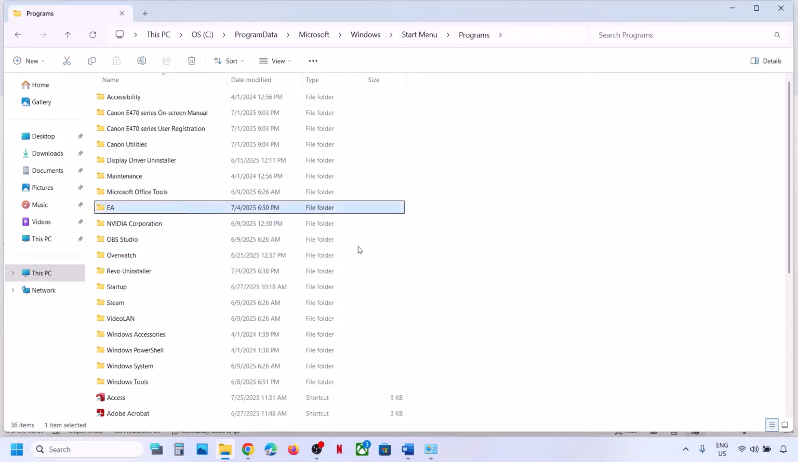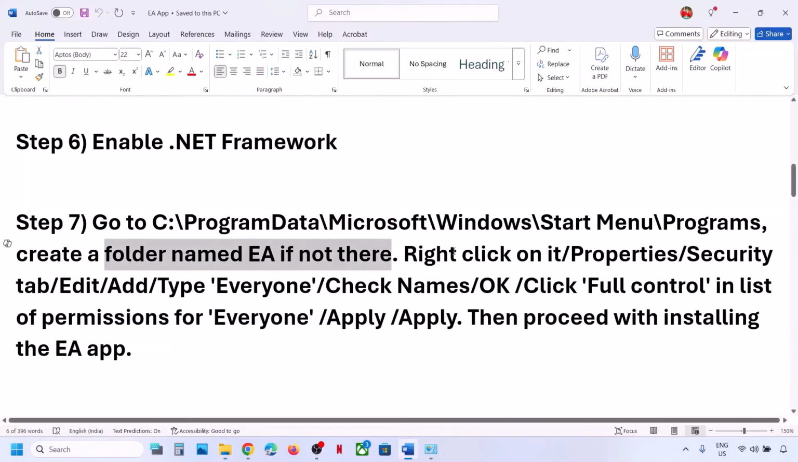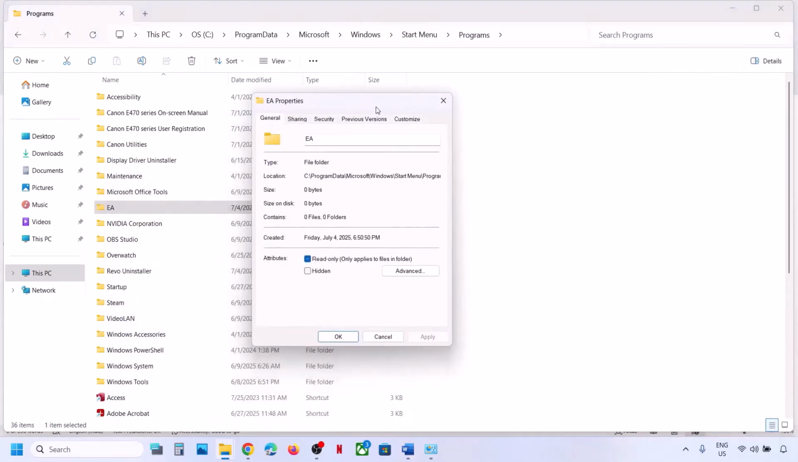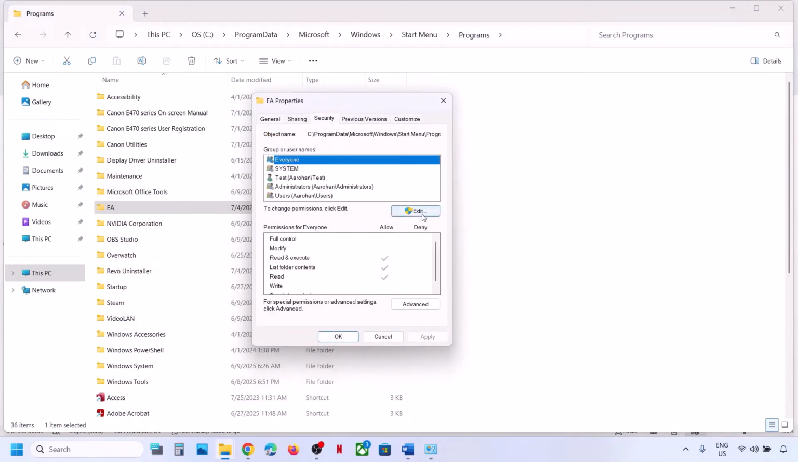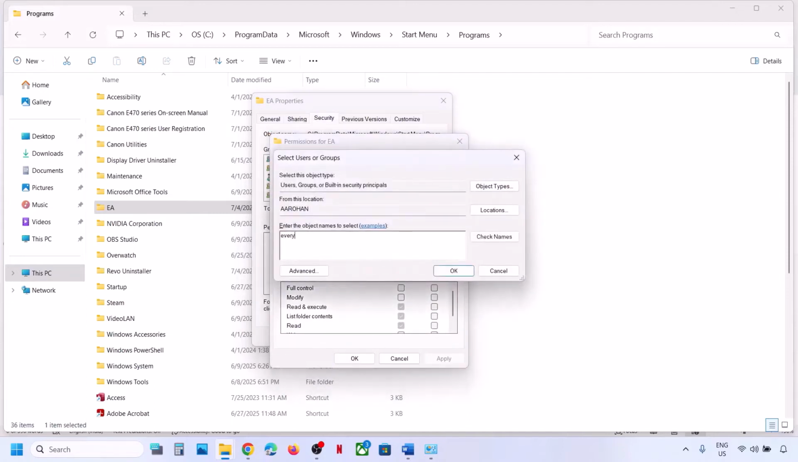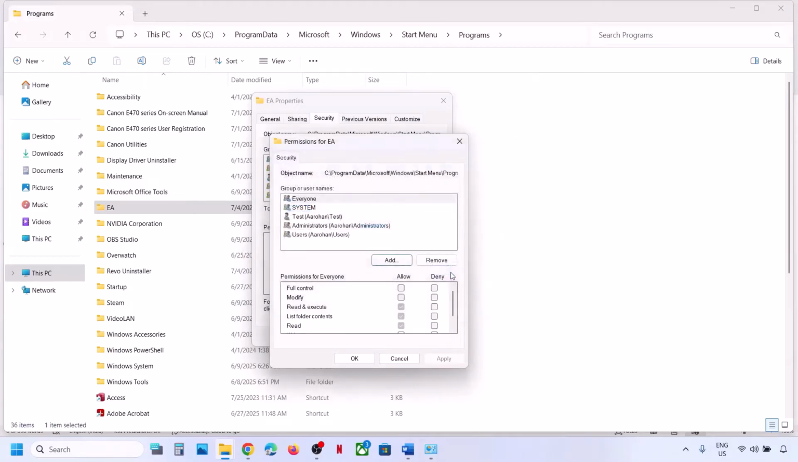Now once you name this folder as EA, after that you make a right click on the EA folder, and then go to Properties, go to the Security tab, and then click on Edit over here, and then click on Add, type in Everyone over here, and then click on Check Names, and then click on OK. Now once you type in Everyone,